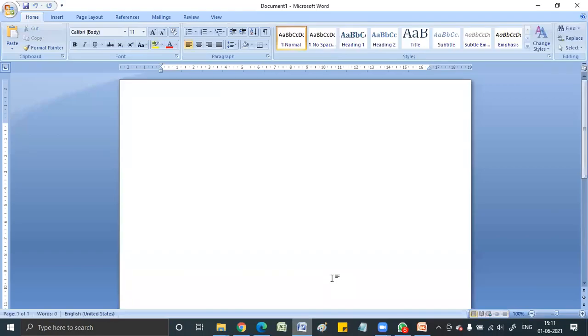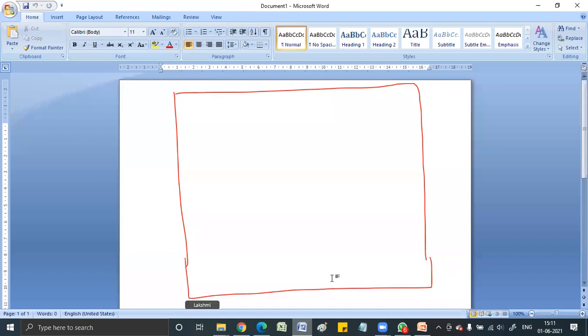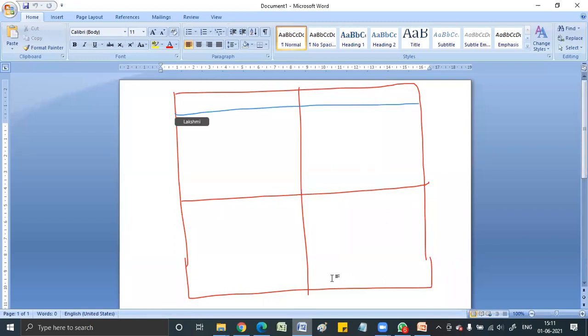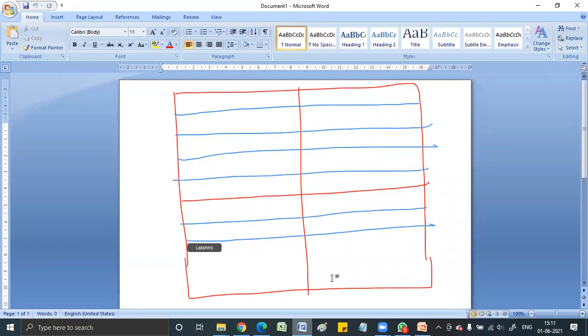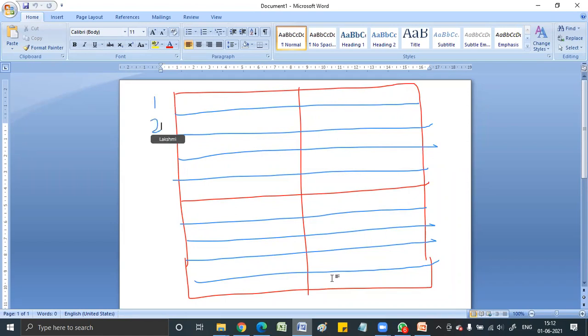So I have a box like this. I have this partition. And then how many rows can you see? How many rows can you see? 1, 2, 3, 4, 5. 10. Yeah, 5 on the top, 5 on the bottom. So total over here is 10, right?